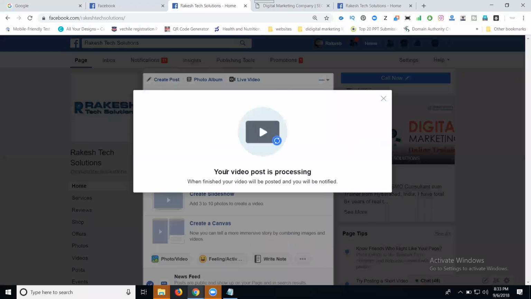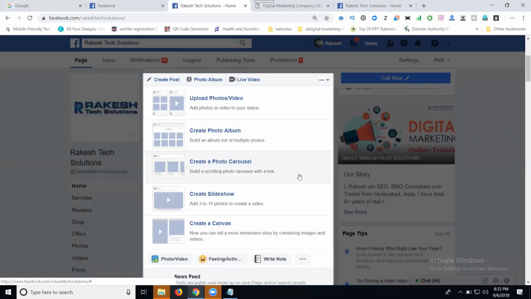Just wait for a second. The video post is processing. When they post your video, they can promote it along with your thumbnail. So always remember, when you upload any video, make your own thumbnail. The size will be 1280 by 720, the same as the YouTube thumbnail size. If that doesn't fit, you can set it at 1024 by 500. Two thumbnail sizes are accepted: 1024 by 500 or 1280 by 720 pixels.